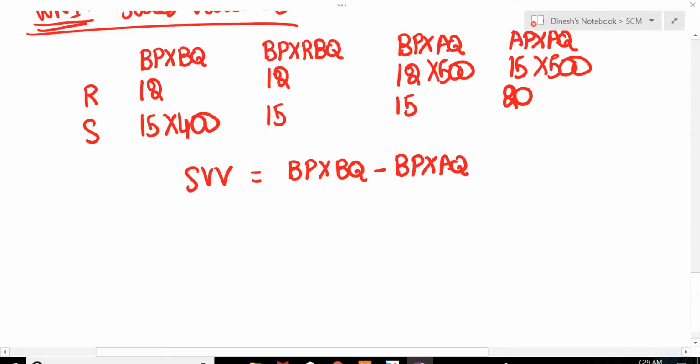SVV of R equal to BP into BQ minus BP into AQ. The sales volume variance of R is 1200 favorable, which for our purpose is minus 1200. Minus 1200 is equal to